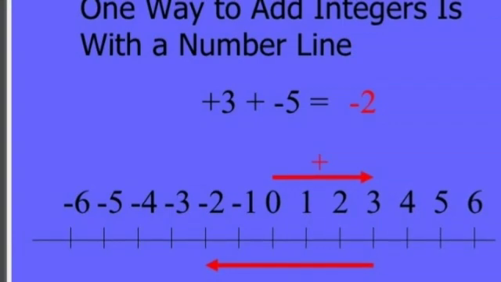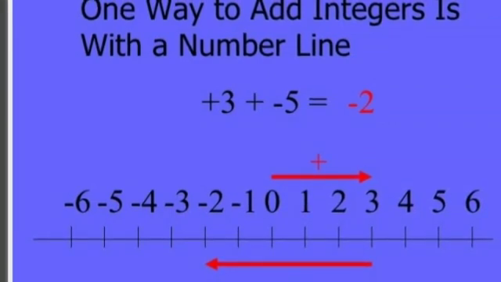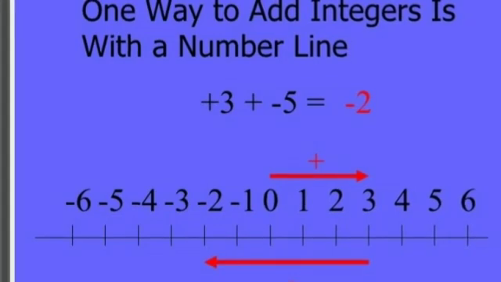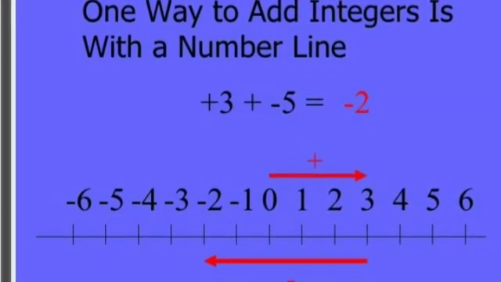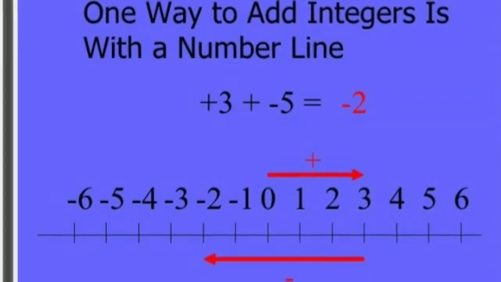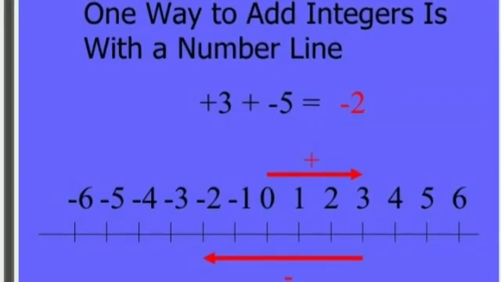So see here, we are adding two positive numbers, two negative numbers, or one positive and one negative number by rule 1 and rule 2. Here we are adding integers by using a number line.